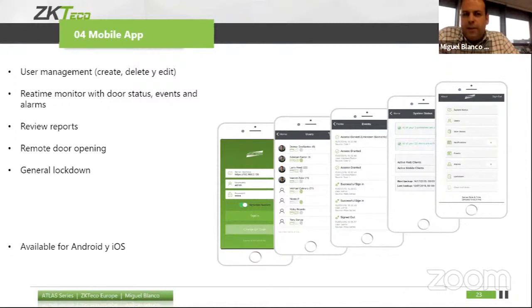And it's very easy to share a code to open a door. So you can stay at home, have your holiday house very far away, and send a code to open that door to the person that has rented the house. And the mobile application is available for Android and iOS